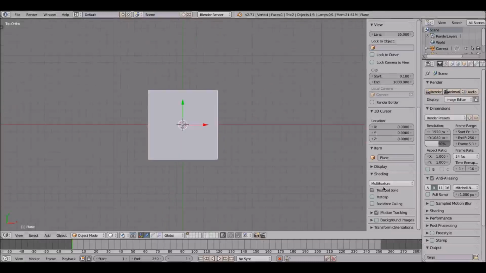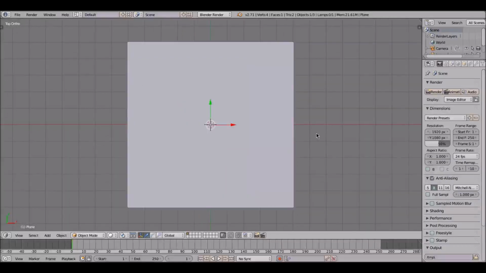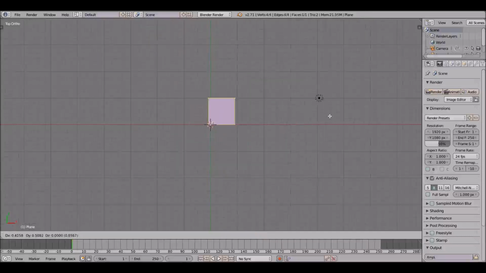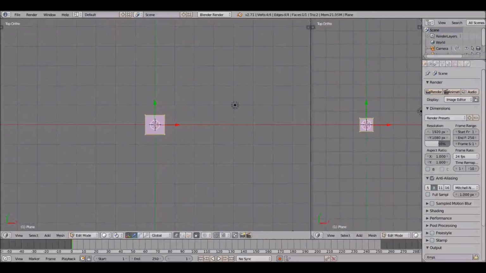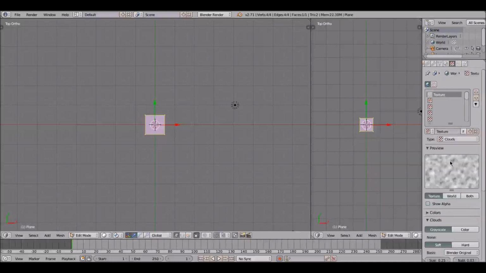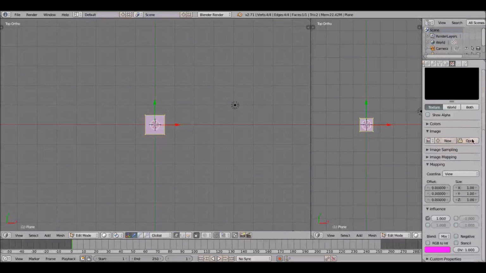You'll want to do textured solid so that you'll be able to see the textures. You press N and then open this and go down to shading. Select textured solid. Now you want to go in edit mode, and you'll open up a new window like this. You'll go over here, click on texture, and click new. Open to image or movie, open,